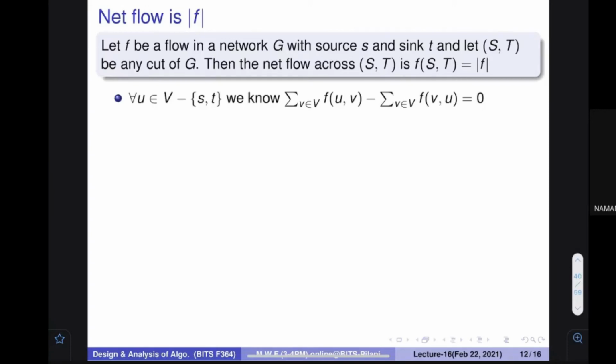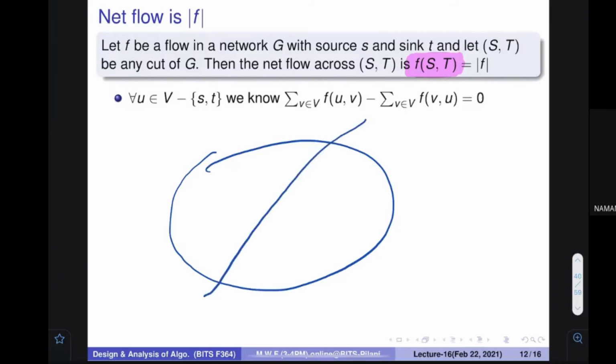What is net flow? So if we want to find out the flow across, this is a definition, okay? Flow across S, T. Means I had a network, I had defined a cut over there, where here small s is there, the next side T is there. Then if I say what is the flow between S and T, that we have just talked about, how much is going out and how much is coming in, then this is going to be equal to F. This is an important quantity I'm talking about. This is going to be equal to F, means what is the network flow.